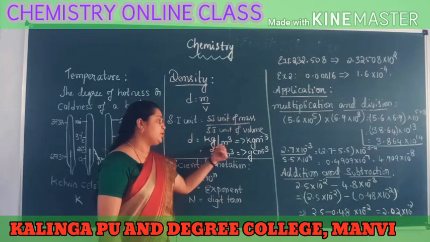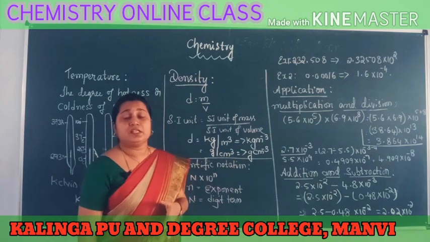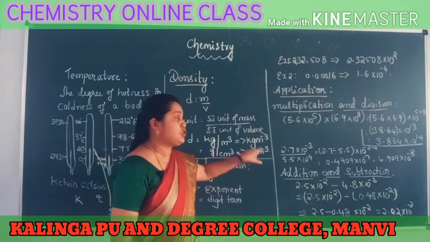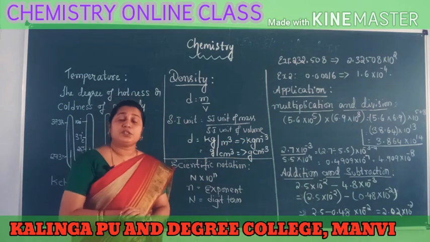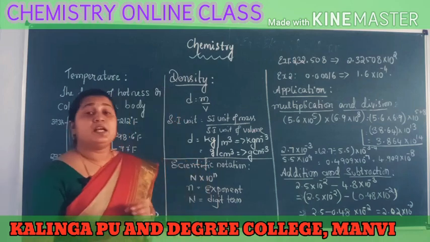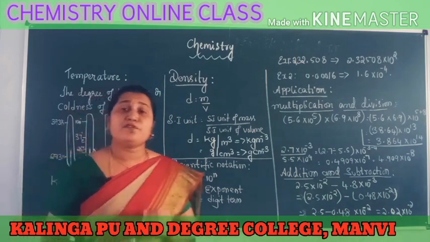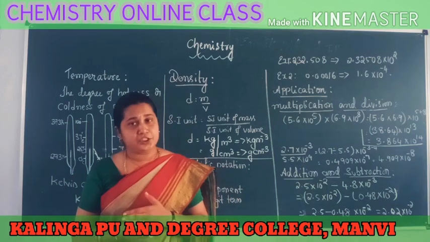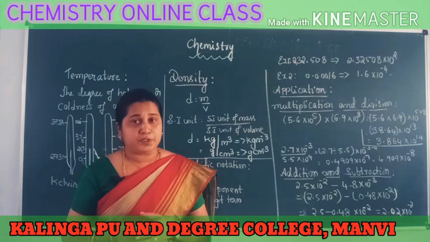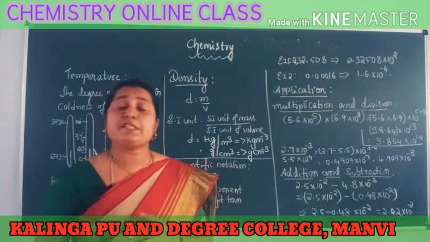Then let us see here. So far you have seen certain properties of matter like mass, weight, volume, density, temperature. You are measuring those properties. After measuring a property, you will get certain values, no? Especially in chemistry, we will be dealing with atoms, molecules, etc. How many atoms are present means there will be so many atoms present, and the numerical value will be very, very large.